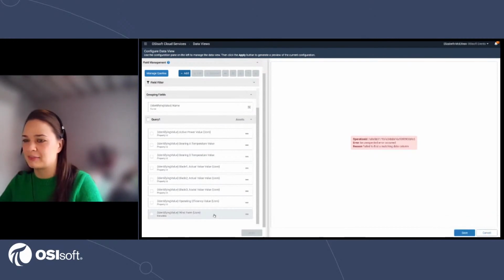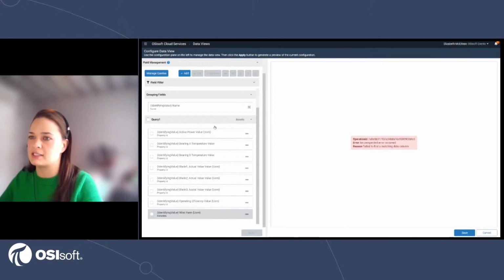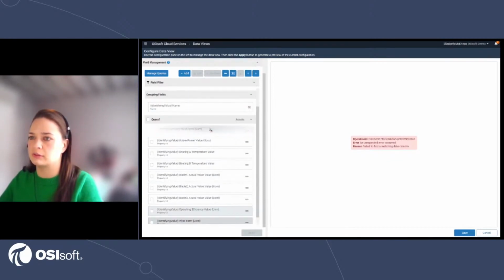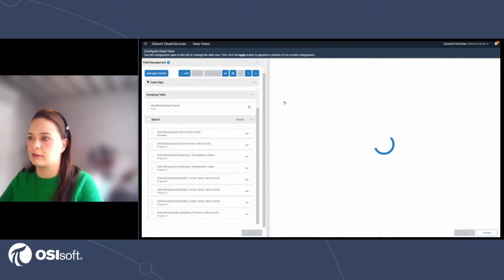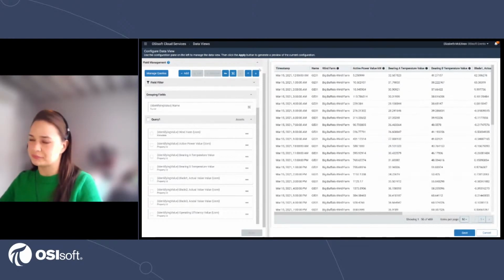Oh, that's lovely. Let's see if I can get this to work. We'll reapply this. All right, there we go. Okay, save the day. Okay, so now we have this wind farm metadata, and you'll see that this has now appeared in our third column, right after that grouping field and timestamp. So this is also immensely helpful and will be for the additional stakeholders and consumers that I share this data